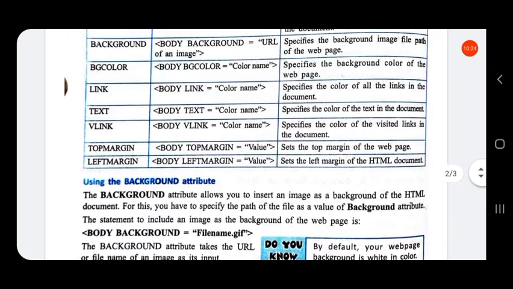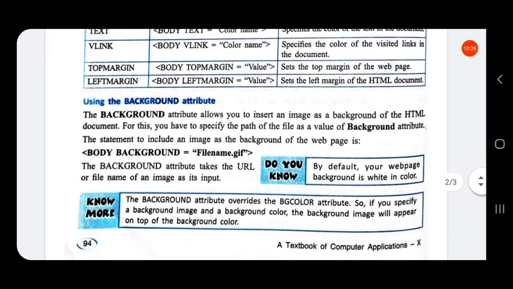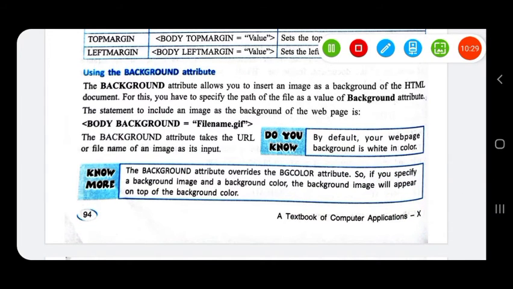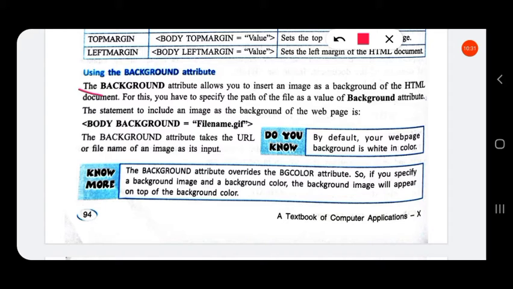Now let us see the background attribute. The background attribute allows you to insert an image as the background of the HTML document. For this, you have to specify the path of the file as the value of the background attribute.